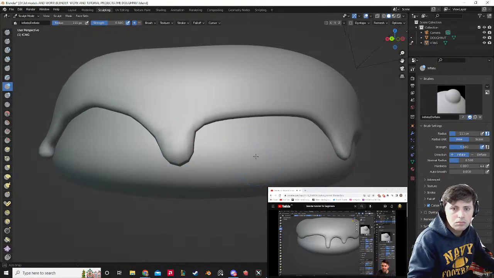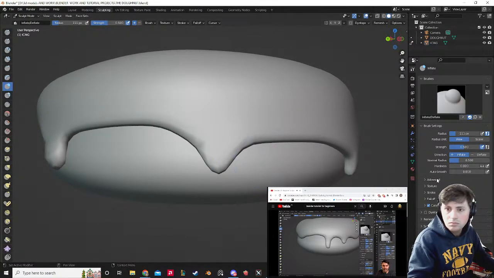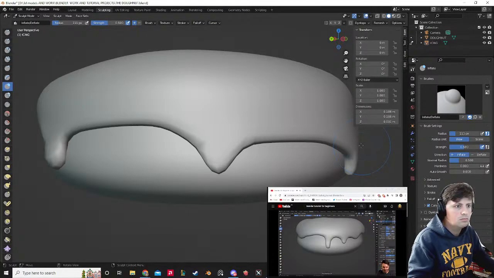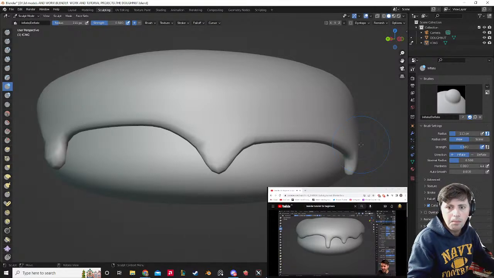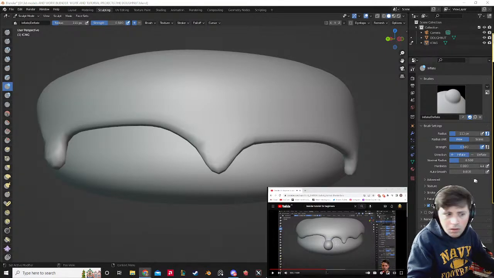So what is the difference between this and this? Nothing. It's completely the same. It was just a habit that I went to properties. But yeah, it's over here now. So if you turn on, let me just find it actually. There it is, airbrush. Basically that enables you to